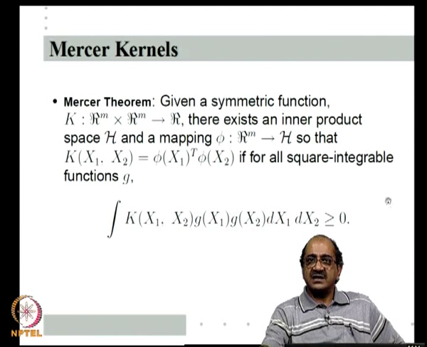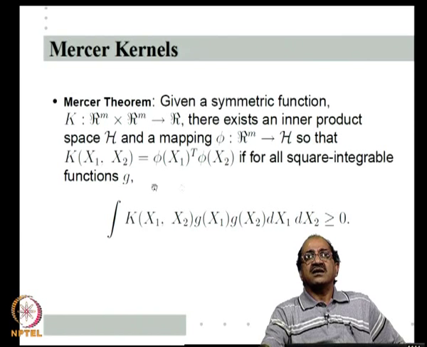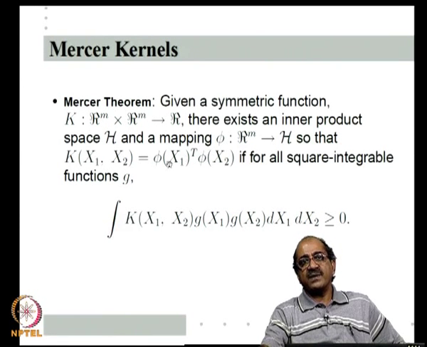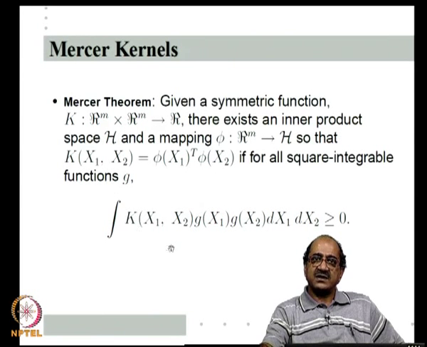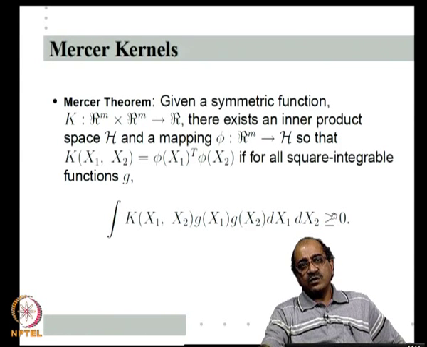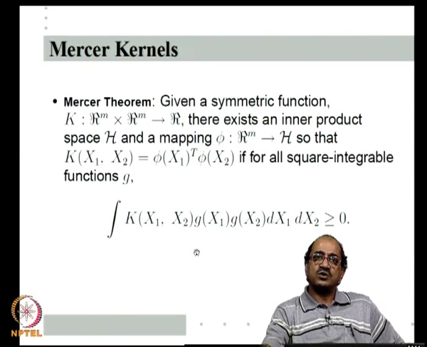If k satisfies this, then such a k will be a kernel function, because there will be an appropriate phi satisfying k(x1, x2) equal to phi(x1) transpose phi(x2). Any kernel that satisfies this theorem is called a Mercer kernel. We do not prove the theorem, but I will show you how to use it to show that the previous kernel we considered is really a kernel function.